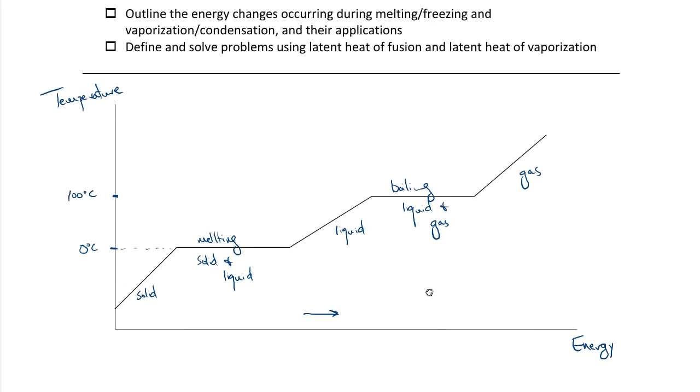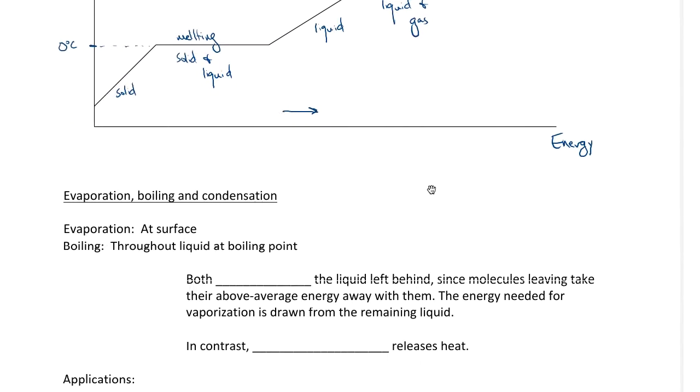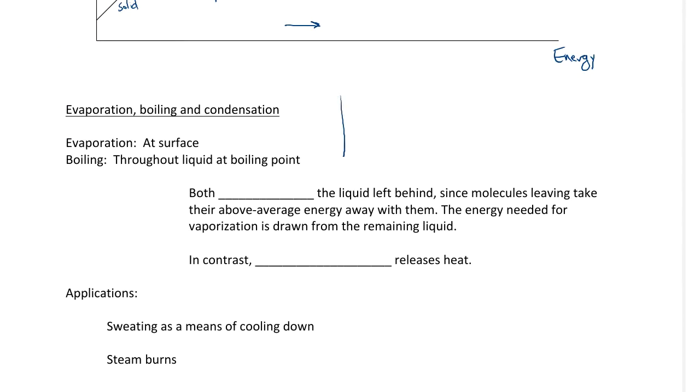Let's talk a little bit more about evaporation, boiling, and condensation. Evaporation happens at the surface of a liquid and happens over a range of temperatures. And what's happening is that the particles with the highest kinetic energy have enough energy to break free of the liquid phase. Now, if you think about it, if the particles with the highest kinetic energy are leaving, that means